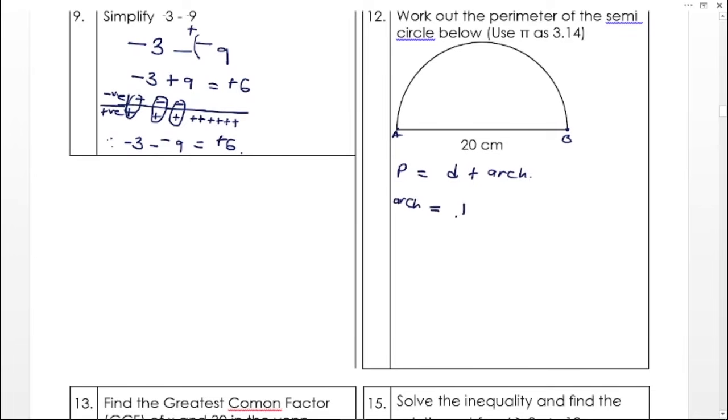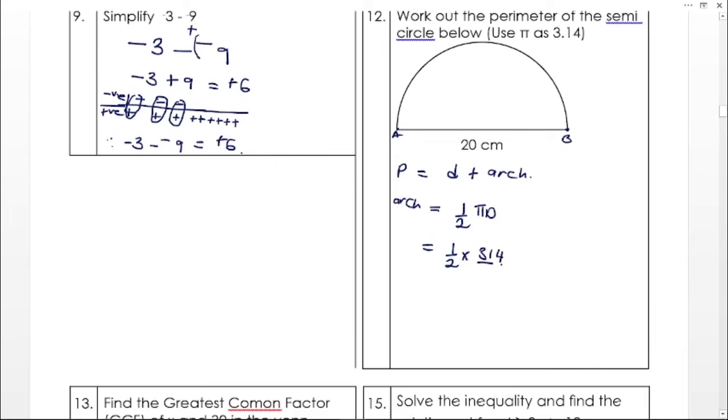Now the arc is half the total distance of a circle, and that is called the circumference. That's why we are saying it is a half pi. The pi, this is how we get the circumference of a circle. Because it is the same circle, we are taking a half of it. Therefore this is going to be a half times 22 over 7, oh sorry, they have given us a pi to use. They have said we use 3